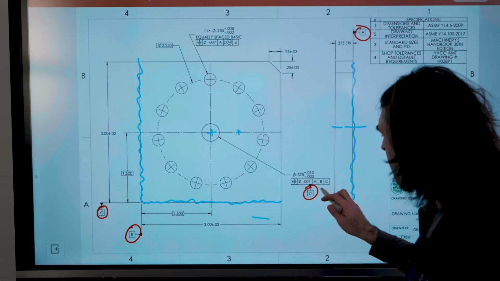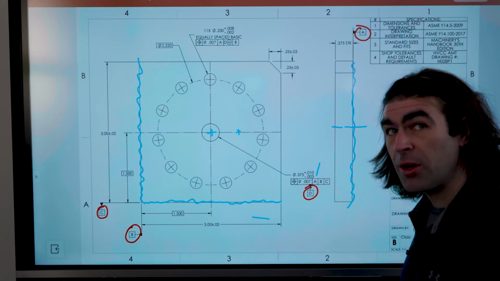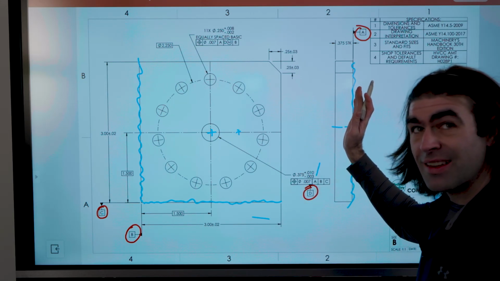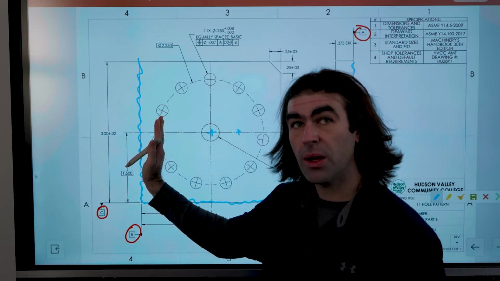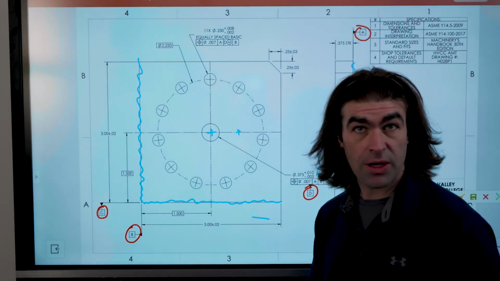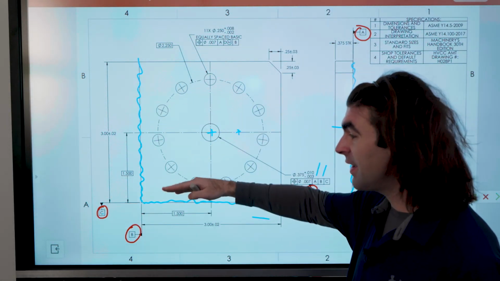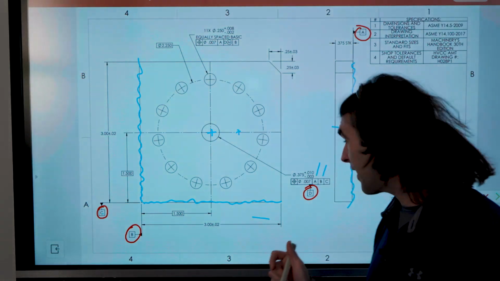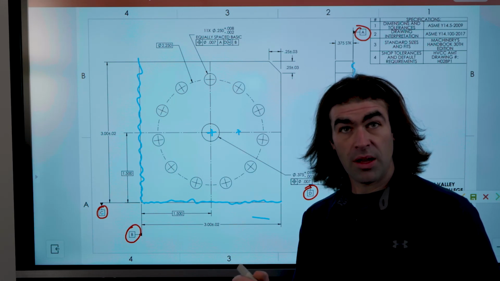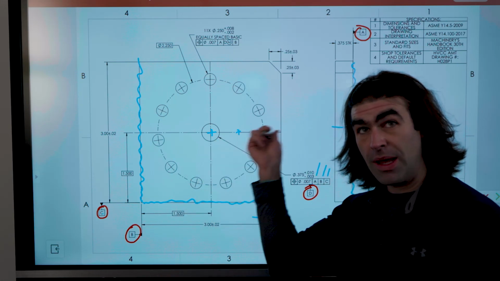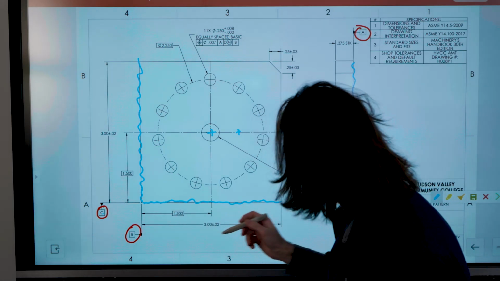So let's start right here. This feature control frame, datum A is primary, so we'll put the part against datum A. Datum B is secondary, so we'll push it up against an angle block or whatever to get 2 points on datum B, and then datum C gets 1 point of contact. Now, you're going to have measurements come from B and C. Datum A is just there for orientation purposes, but the origin of the part